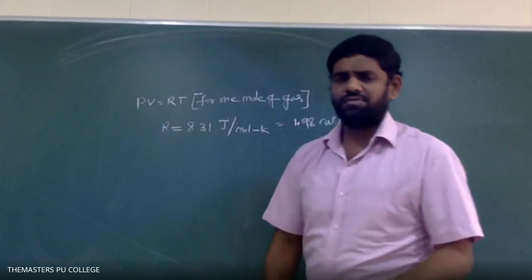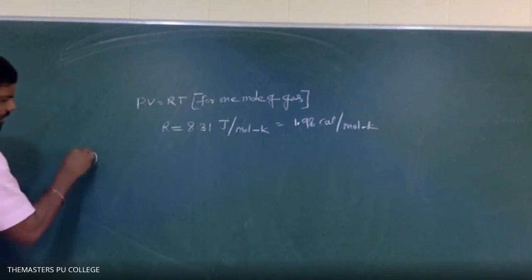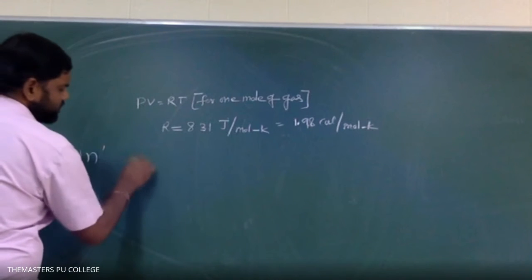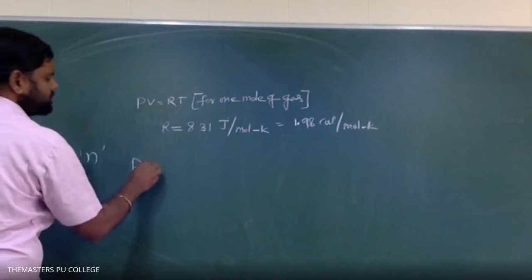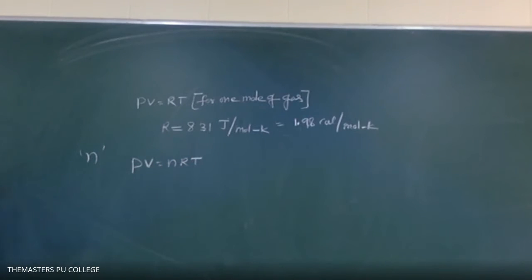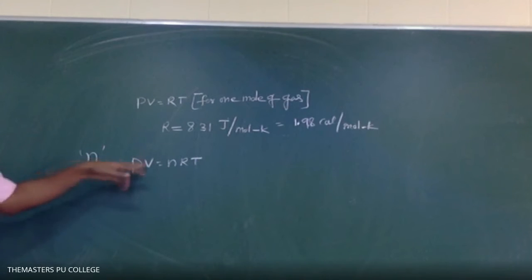So next continuation. For n moles of an ideal gas, we write: for 1 mole PV equals RT, which means for n moles we can write PV equals nRT. So repeat the point: for n moles of an ideal gas, PV equals nRT,